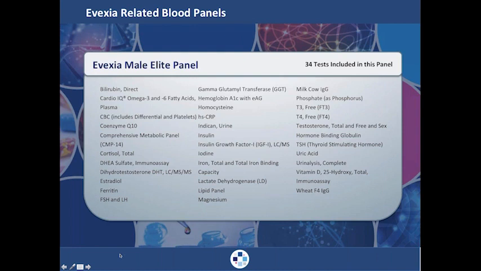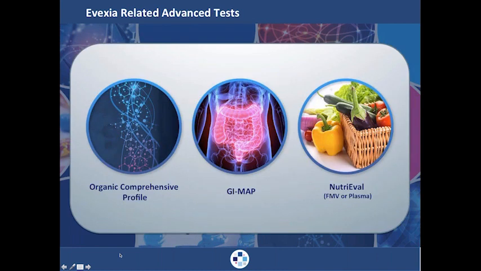So, okay. Just to refresh your memory on some of the tests that I talked about, that should be an organic acid comprehensive profile right there. I'm sorry, pardon me, organic acid test. They also offer a GI map. That's just the brand name for one that does the PCR testing, so that is available. The NutriVal test, it could be first morning void or in plasma. That's going to take a look at the antioxidants, the vitamin nutriture of your patient, as well as the amino acid profile. It's a really good test.